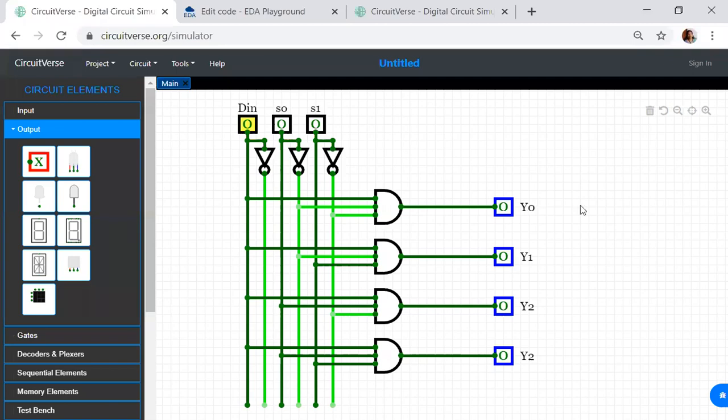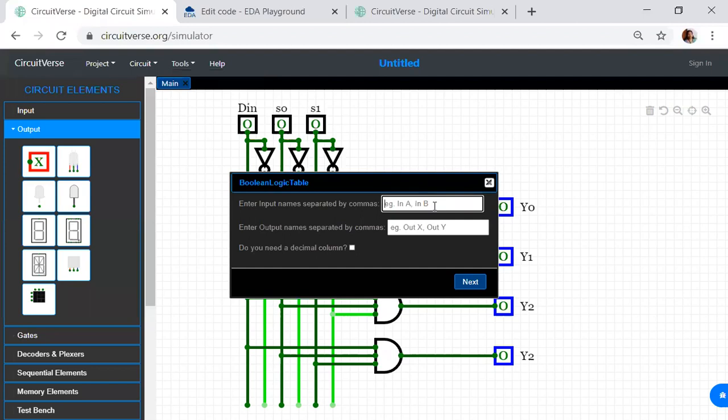Now let us draw the circuit diagram for a demux. So here you can see this is a 1:4 demux. When you're drawing the circuit diagram for 1:4 demux, I have D as one input, D in, and A and B as the inputs. A and B are nothing but the select lines S0 and S1.